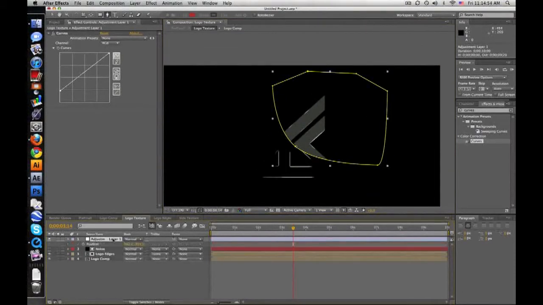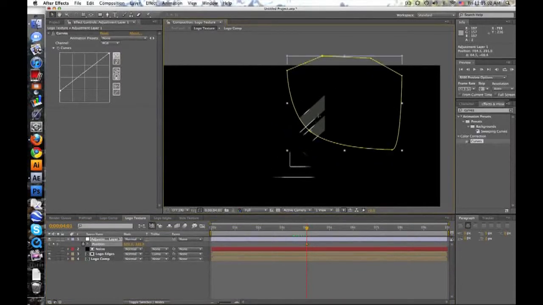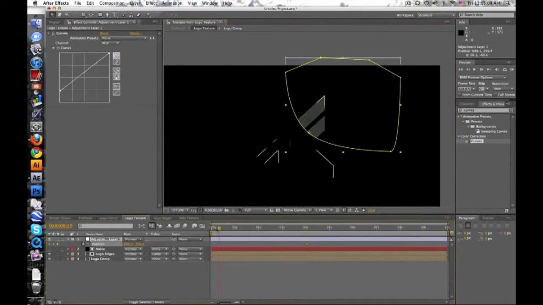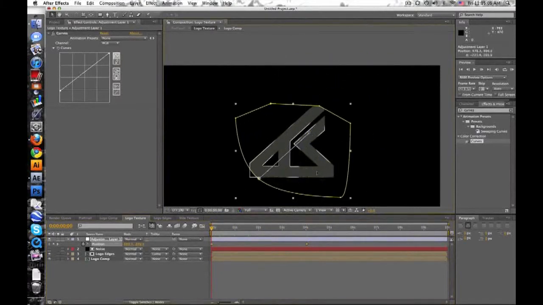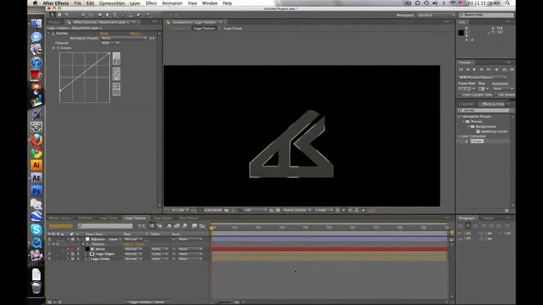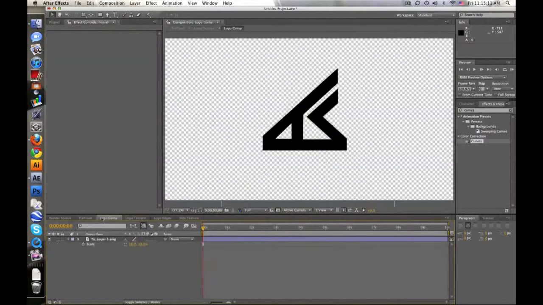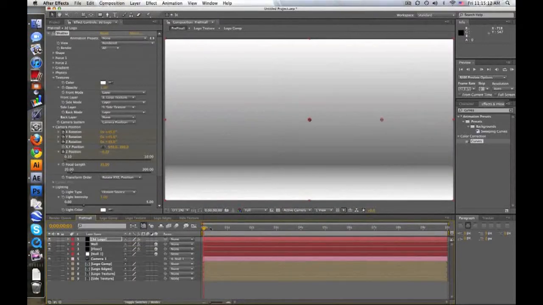And animate the position of this. So at 4 seconds, we want it to stop. Let's see. Let's move it right about, I don't know, about there. And then at the beginning, we want this to go down. Pretty much fill the whole thing. So when we look at this now, we find it'll zoom in here,